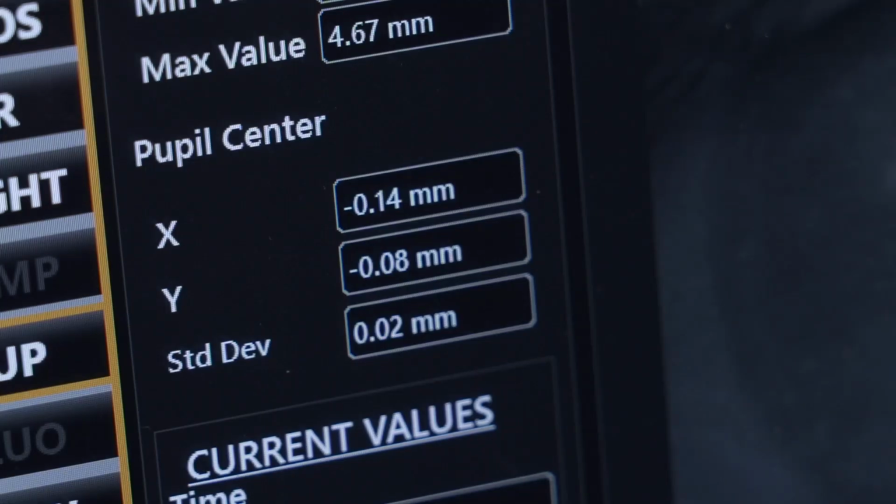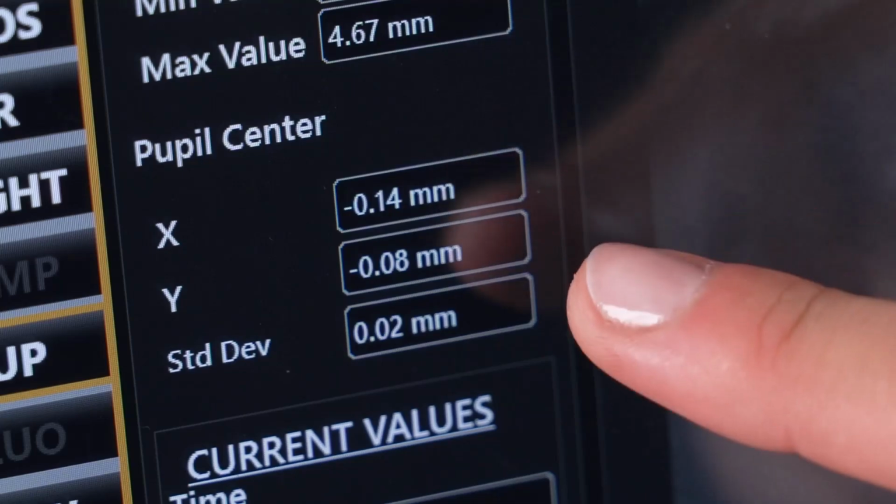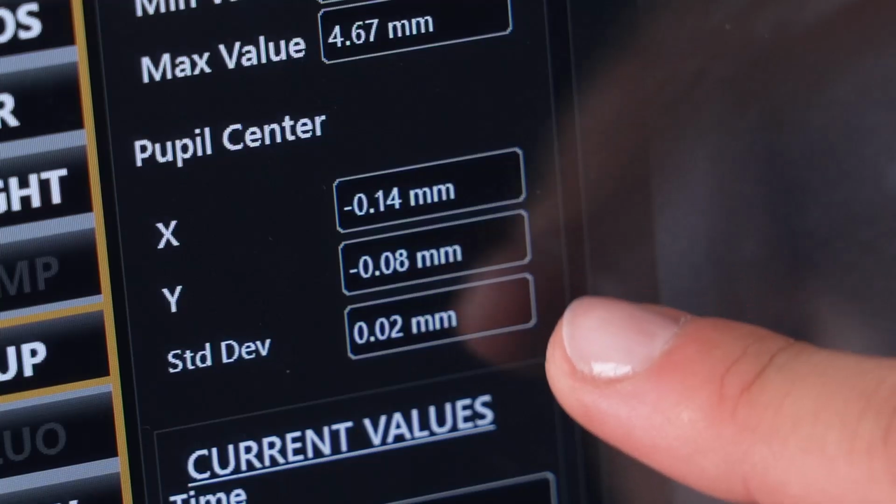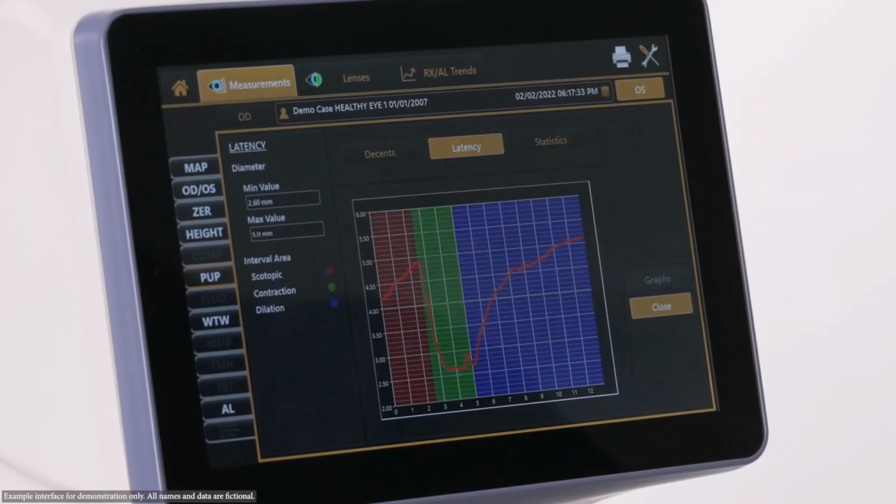Large pupil decentration values can result in visual disturbance in patients with multifocal contact lenses or premium intraocular lenses. In this example, the pupil is temporal to the optical axis by 0.14 millimeters and inferior to the optical axis by 0.08 millimeters. The Latency tab shows how quickly the pupil reacts to the change from scotopic to photopic lighting